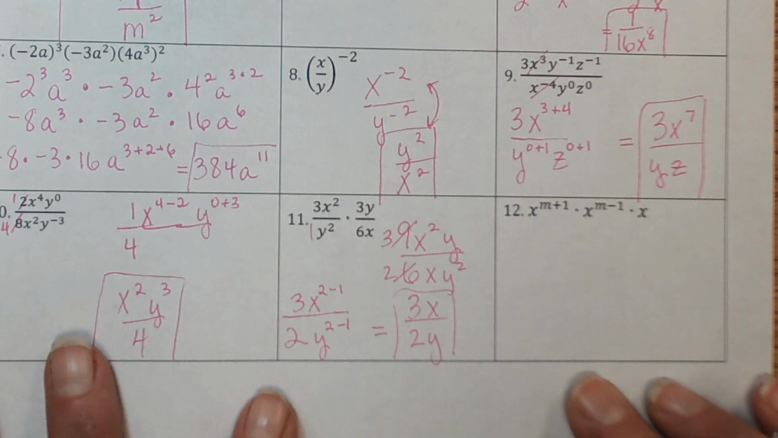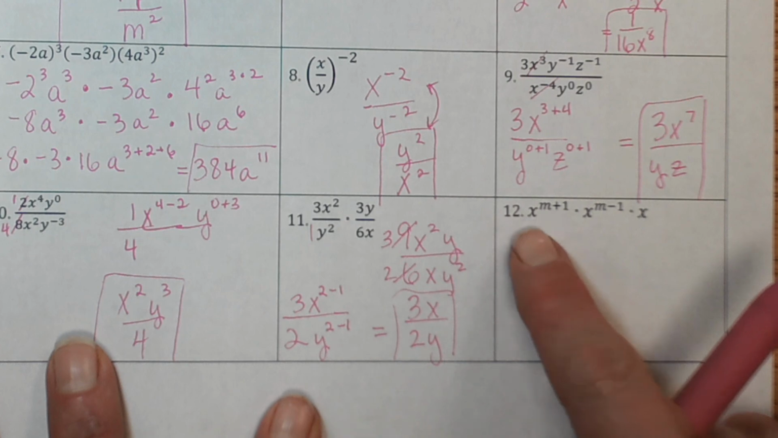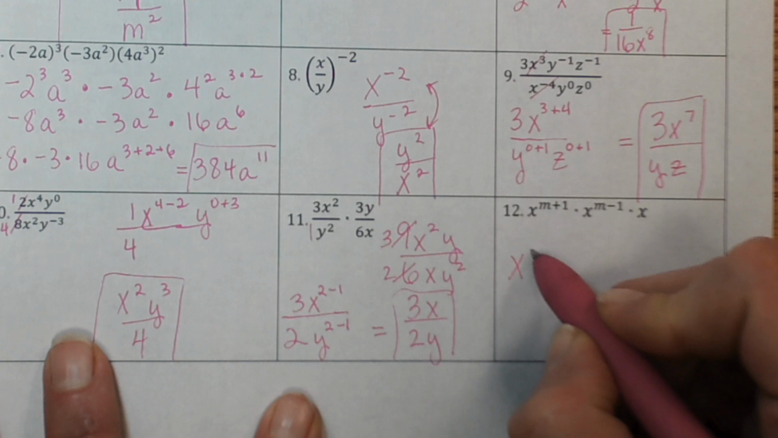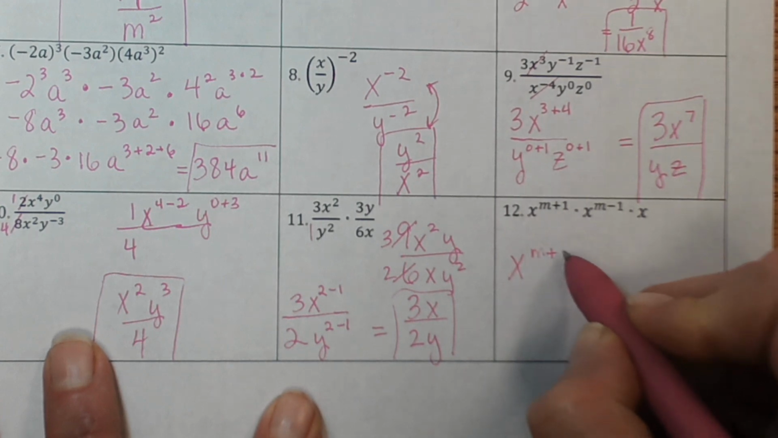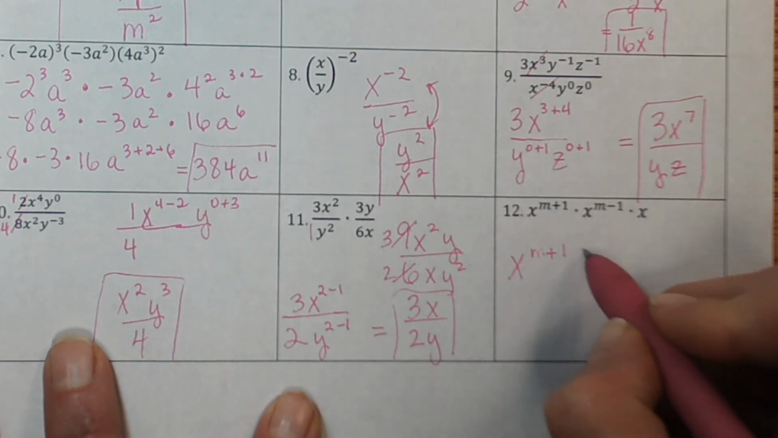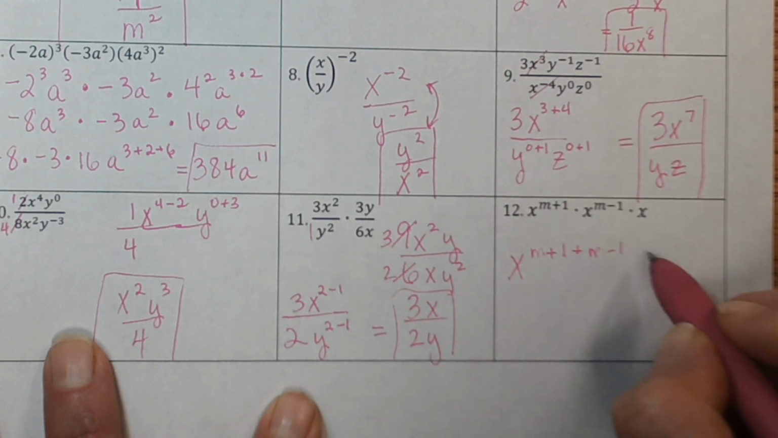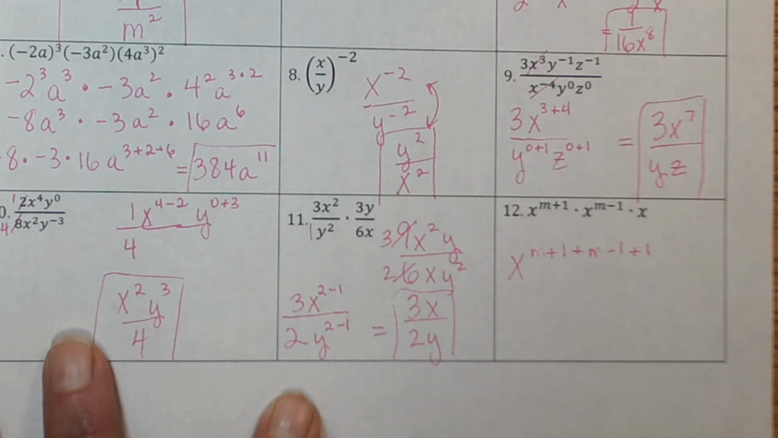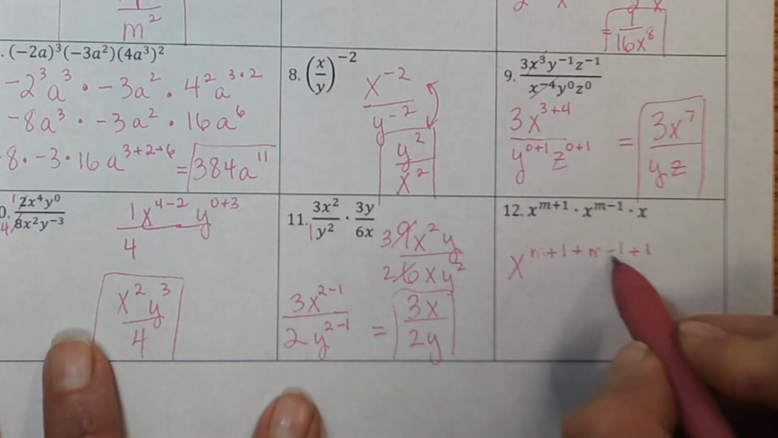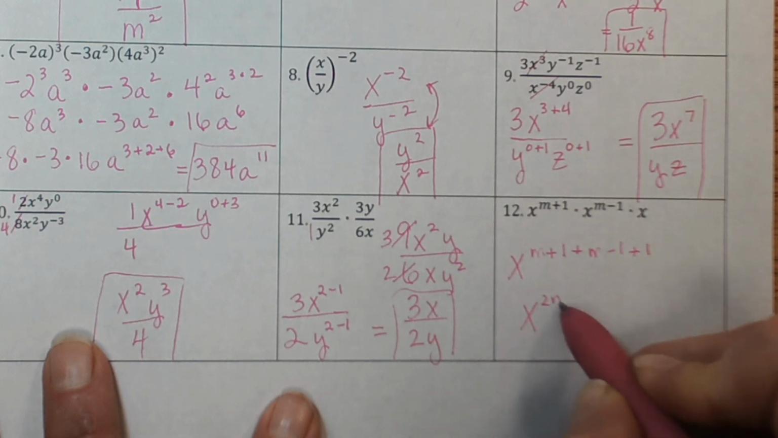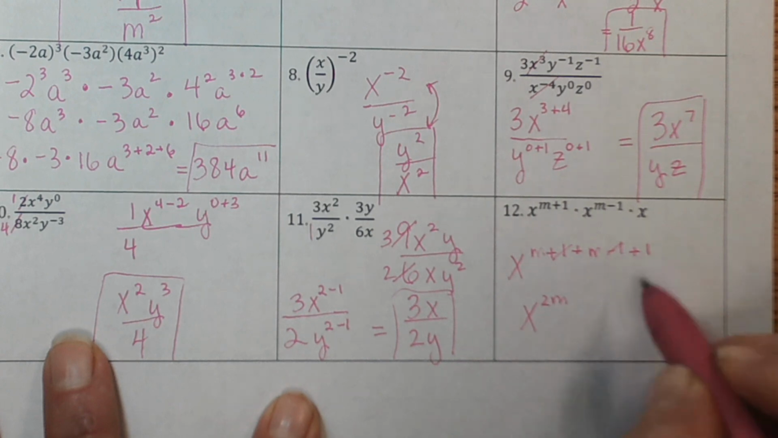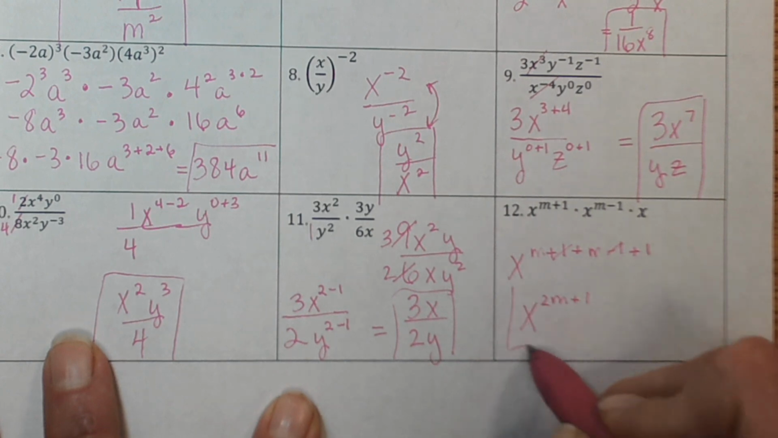Okay, now last example. Now this one looks a little tricky, but guys, we just follow the rules, right? If it's the same base and we're multiplying, then we just add the exponents. So I have x to the m plus 1 plus m minus 1 plus, and then if there's no exponent written, remember it's a +1. And now I just combine my like terms. So I have m and m, so that's going to be x to the 2m. I have a -1 and a +1. Those cancel each other out, but then I still have a +1. So that's my simplified